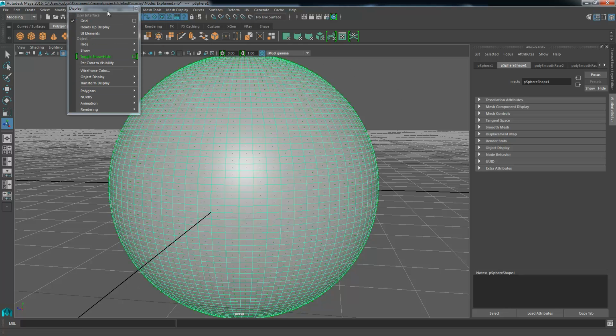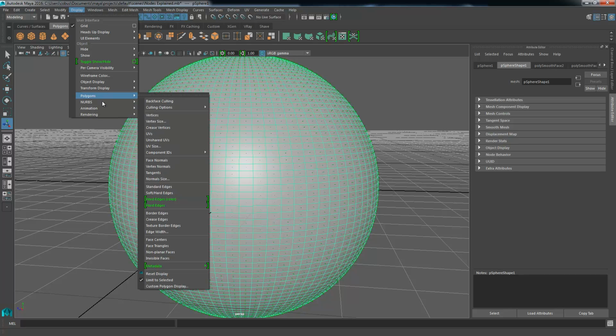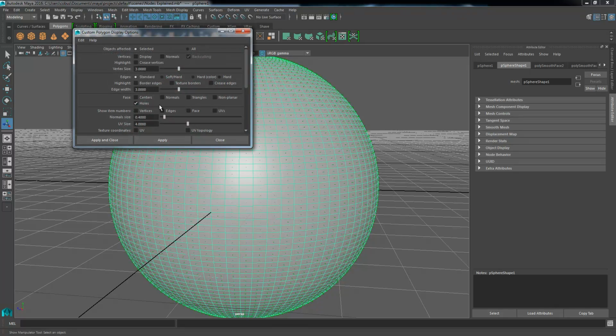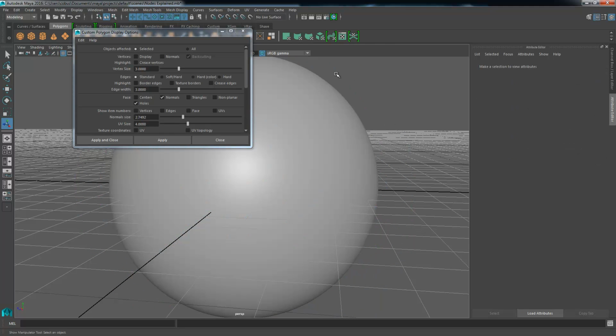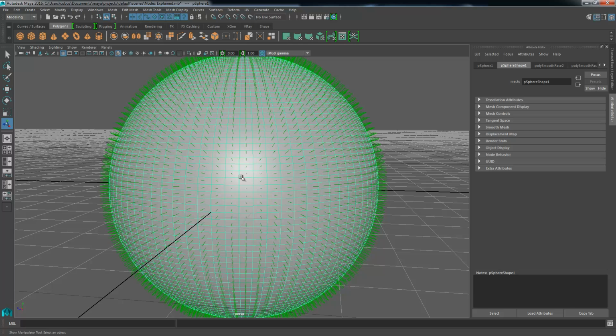I'm going to go ahead and make the display of these facing normals a little bit bigger. I'm going to make the length of these guys quite a bit longer and say face normal size. Bring this up a bit, hit apply. Let's see if I can make this longer. Let's turn that on, obviously. Hit apply, and there we go. That might be a bit too long. There we go, great. Now we can clearly see that these normals in the center are pointing straight towards us,